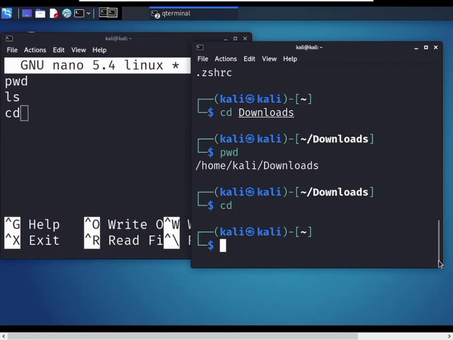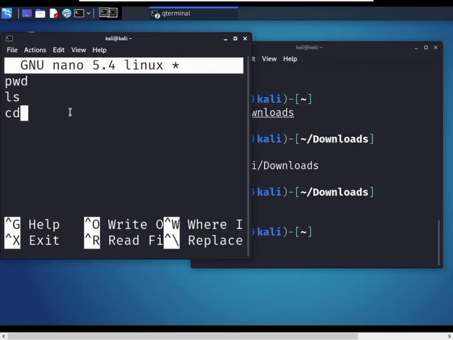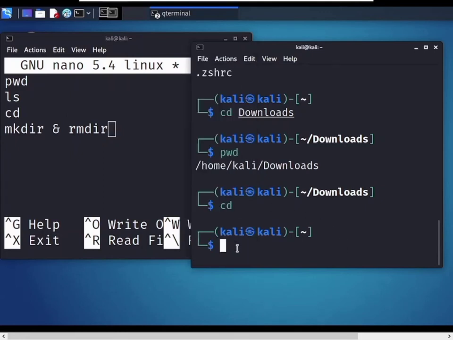So let's move to the next command, mkdir, make directory, and rmdir, which stands for remove directory. So now how to use make directory and remove directory.